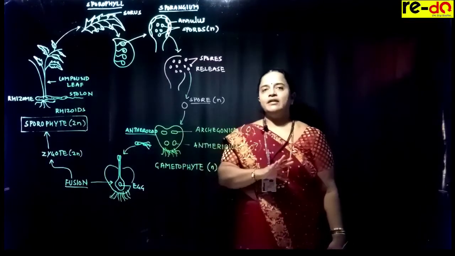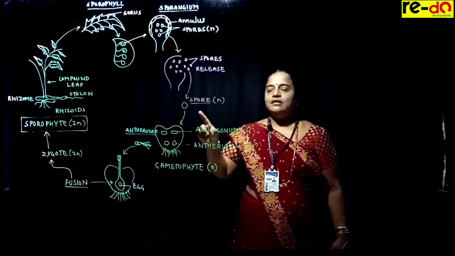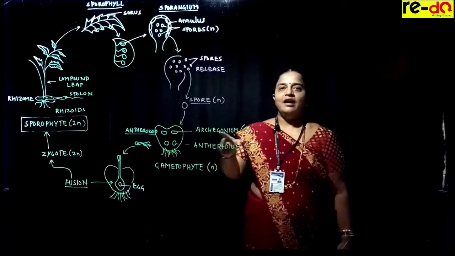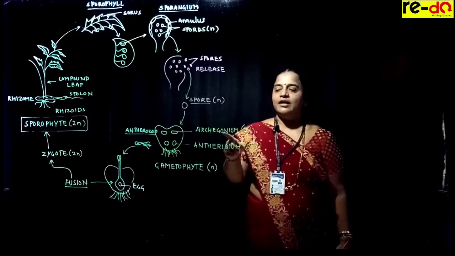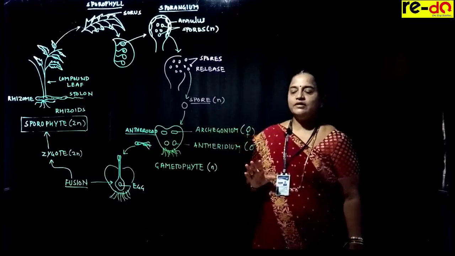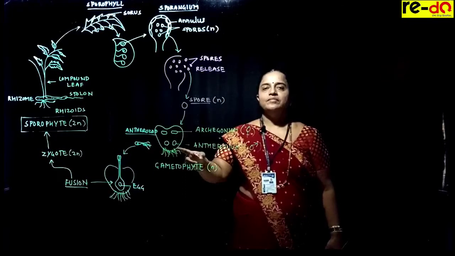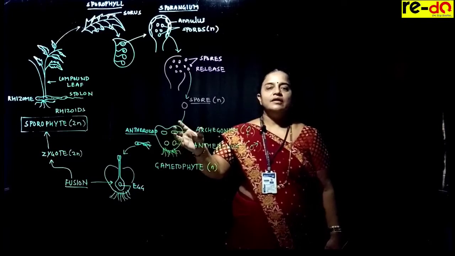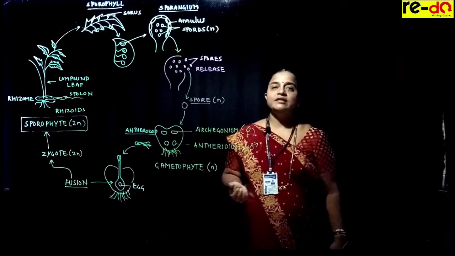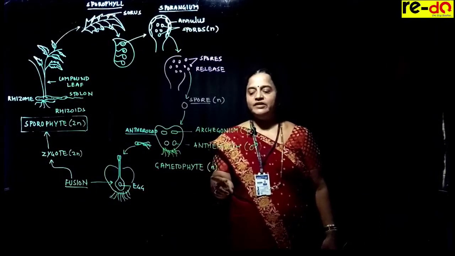It is independent. It has rhizoids, it contains chlorophyll, and this autotrophic bisexual gametophyte produces gametangia, archegonia and antheridia. Archegonia represent the female sex organ, antheridia represent the male sex organ. So both archegonia and antheridia are produced on the same prothallus. Now this plant body is reduced in size, so it is compared with the thalloid plant. The name given for this is prothallus, representing the gametophytic stage.